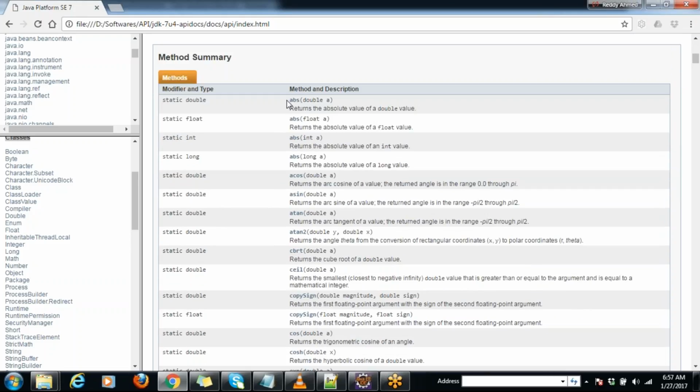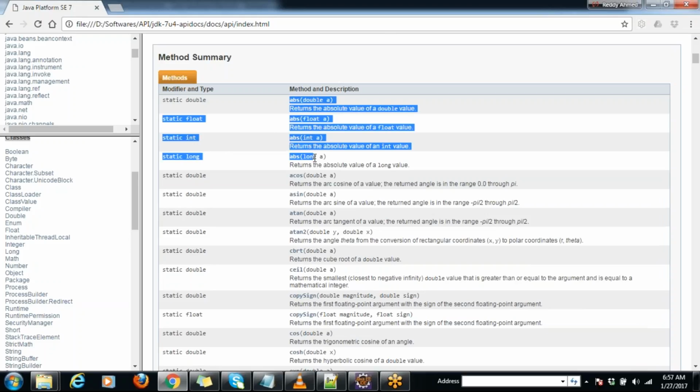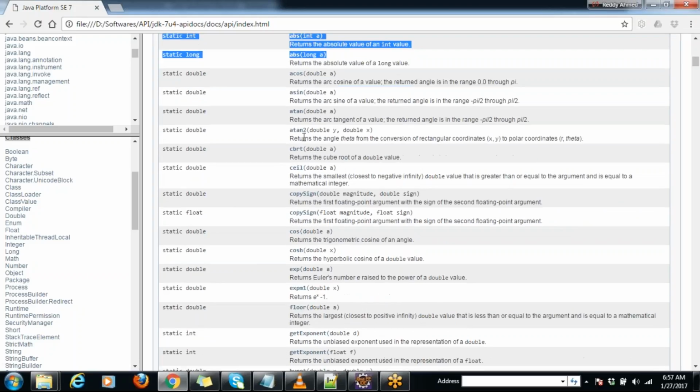And here goes the absolute value of a particular value. You can see here there are overloaded methods. The absolute function is a method which takes a double value, or a float, integer, or long value. Then you can see sine theta, cos theta, trigonometric-related mathematical functions,